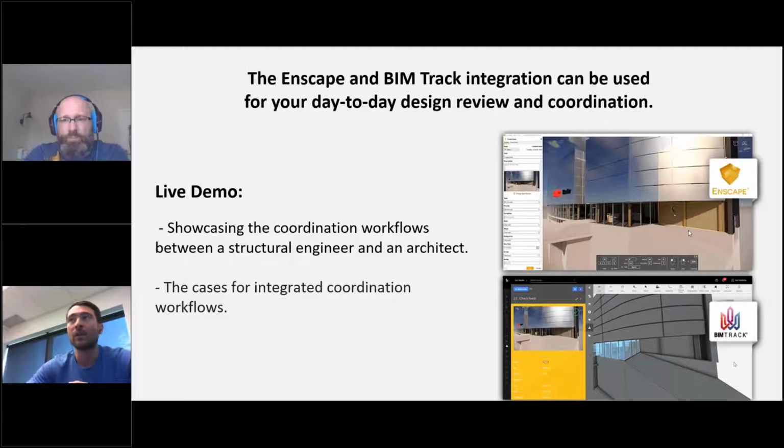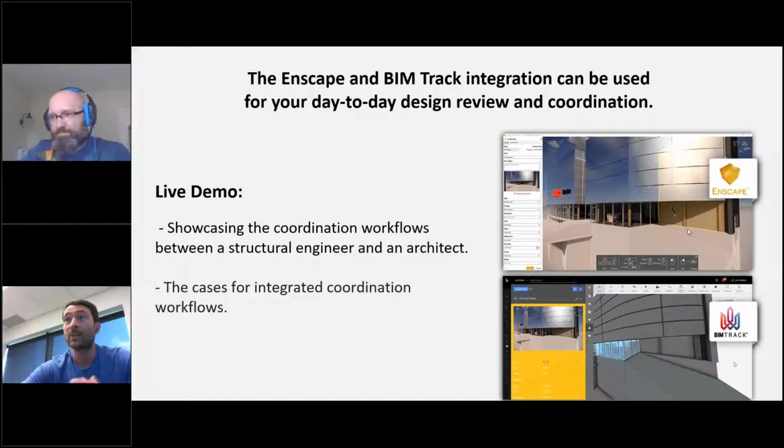When it comes to BIMTrack, a lot of people associate the BIMTrack platform with clash management, but there's a lot more beyond managing clashes on a project. Today, we've seen a lot of our customers using BIMTrack for design reviews, especially in the context of remote collaboration that we're living today. We cannot always be all together around a table in a meeting with construction drawings in the middle of the table to go over coordination and project review.